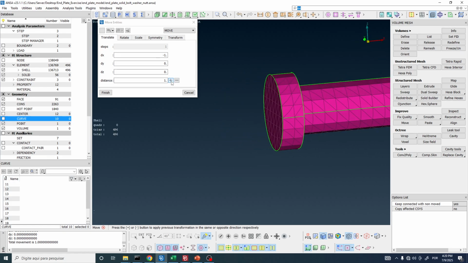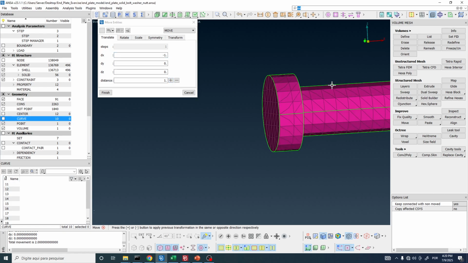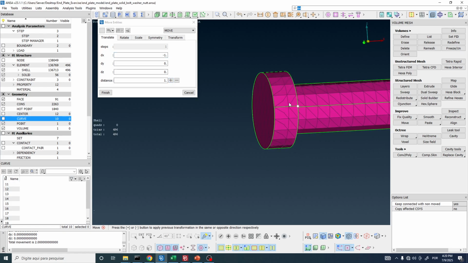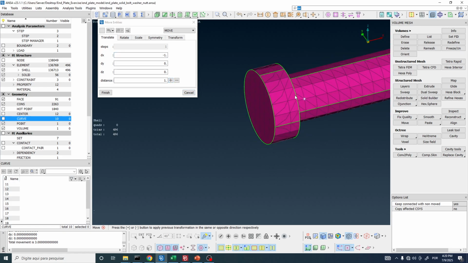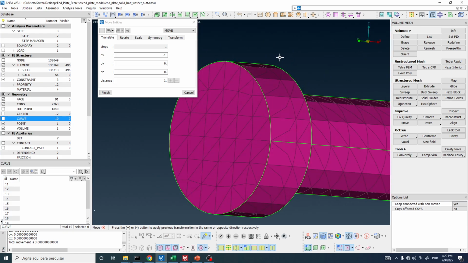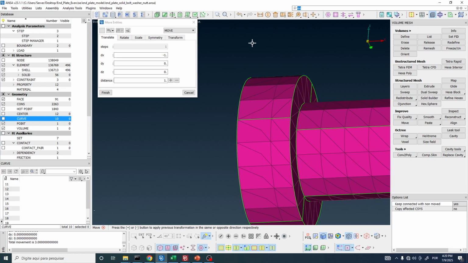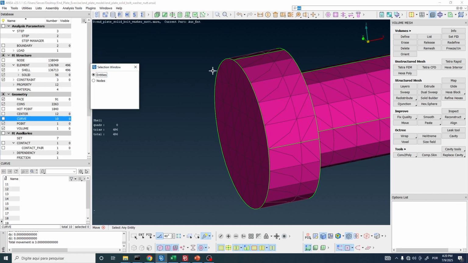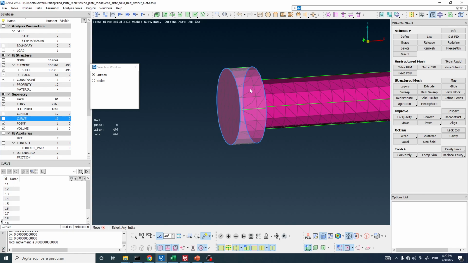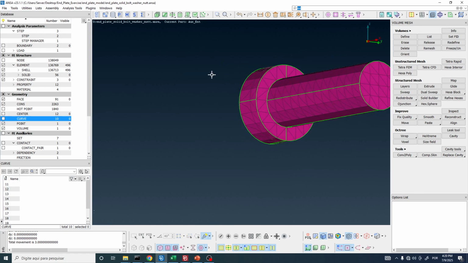We can increase a little more, plus. Now we have a total of 10. Maybe 11 is looking good, right? But we need to remesh this part here. Let's click on finish. And now I want to reconstruct the mesh on this lateral because it's not looking good,